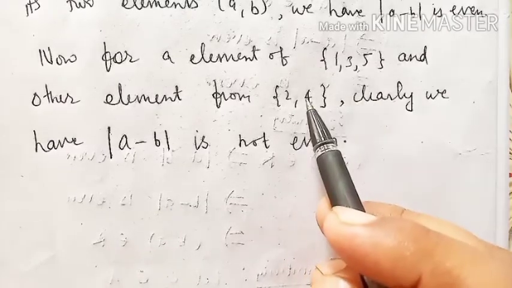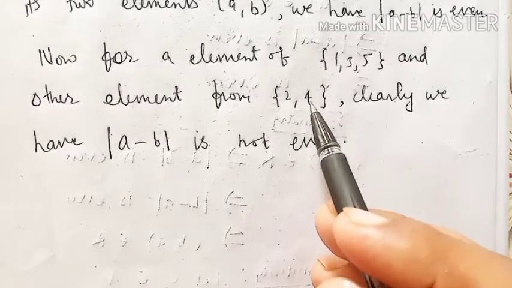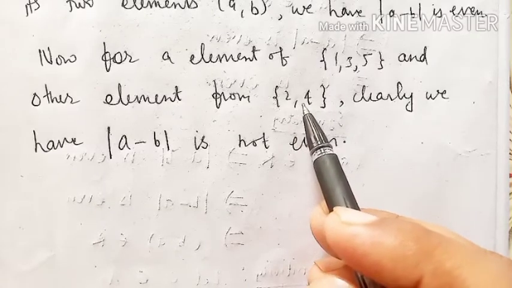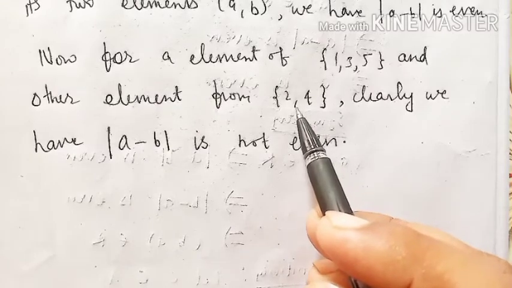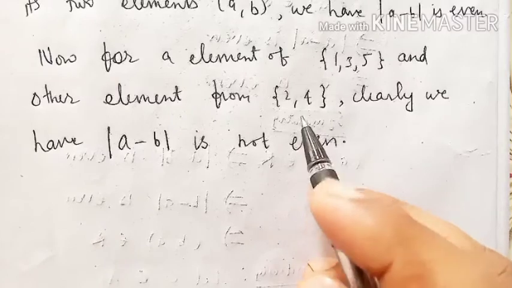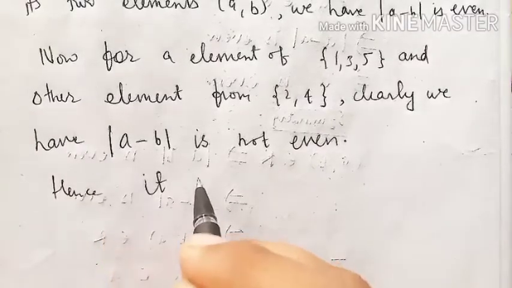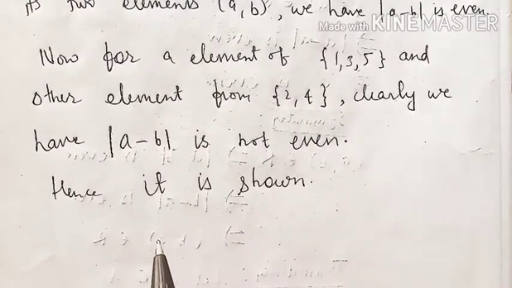Thus this set and this set satisfy all the conditions for being equivalence classes, and whenever a relation is an equivalence relation on an arbitrary set X, then the set produces equivalence classes. Hence, it is shown that